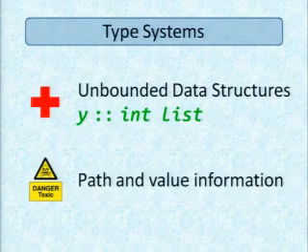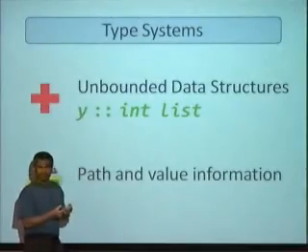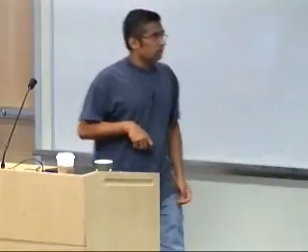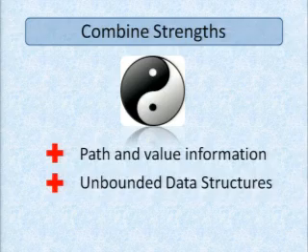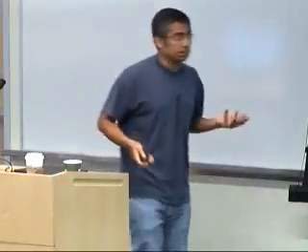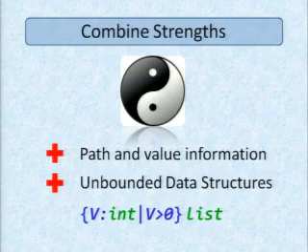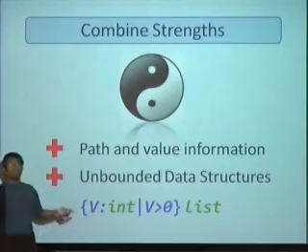They just throw all that away, and instead they just focus on, if you will, the shape of the data, not the actual data, not the value, but the shape of that value. And so the natural question that one would like to ask is, well, here are two kinds of approaches to formal verification which appear to have very complementary strengths and weaknesses. So can we combine them? So can we take the model checking strength of path and value information and the type system strength of being able to reason about shapes and put them together, for example, like so, to say that something is not just an integer list, but a list of integers, all of which are greater than 0.